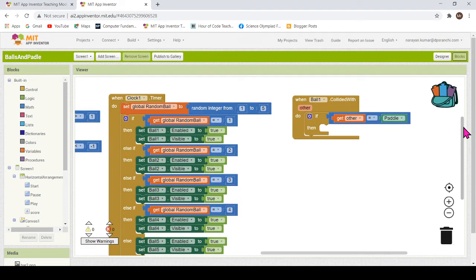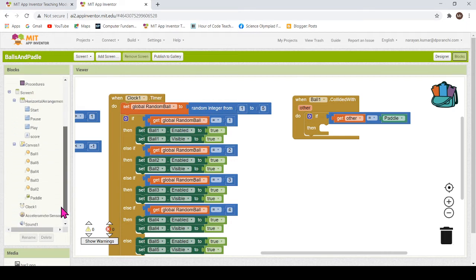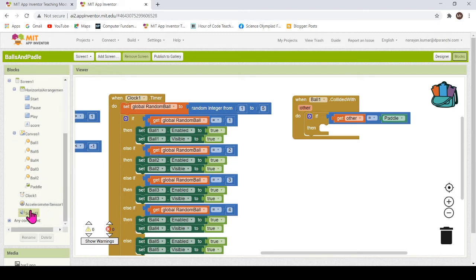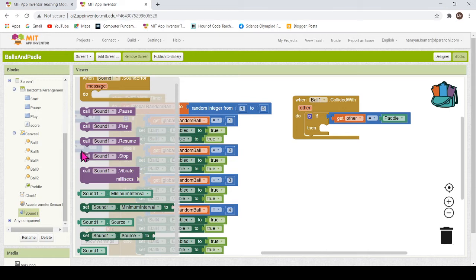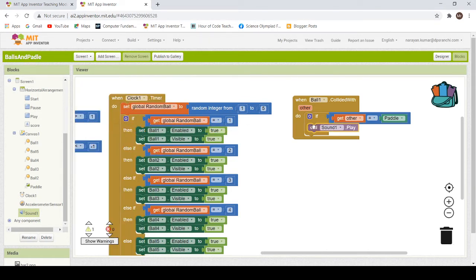We wanted that whenever ball one collides with paddle, first a sound should come out, so that we can find out that something has collided with paddle. So let's play the sound. We will do that: call sound1 dot play. This is what we will do. Okay, and now after playing the sound, we want